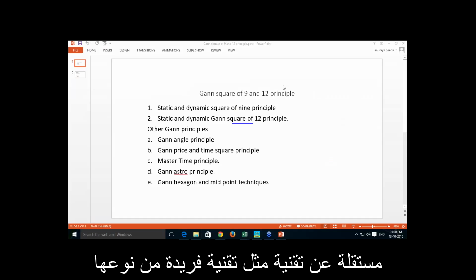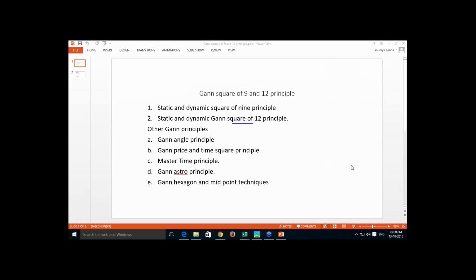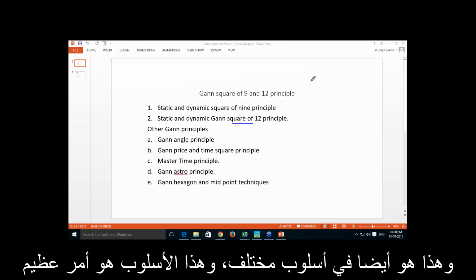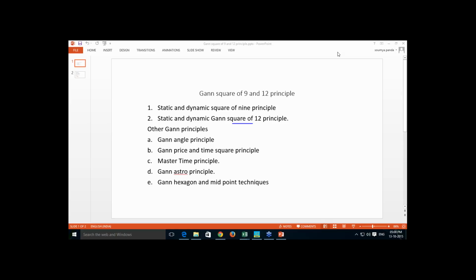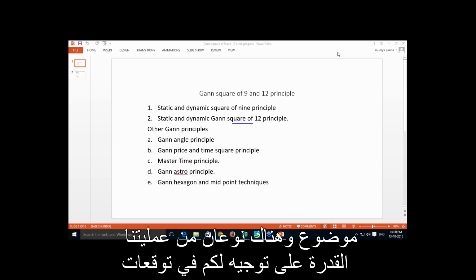So this is an independent technique like your Fibonacci technique. This is also an independent technique, and this technique has a great potentiality to guide you in the